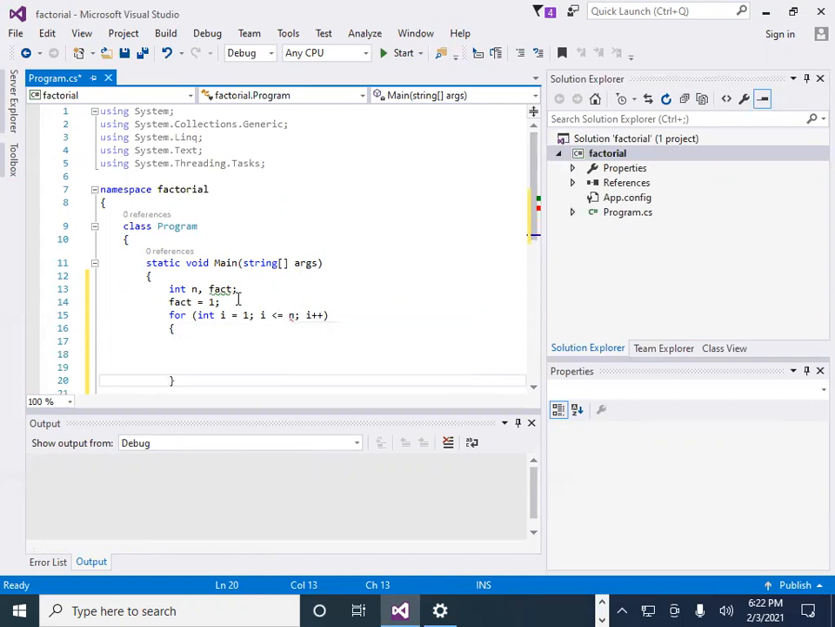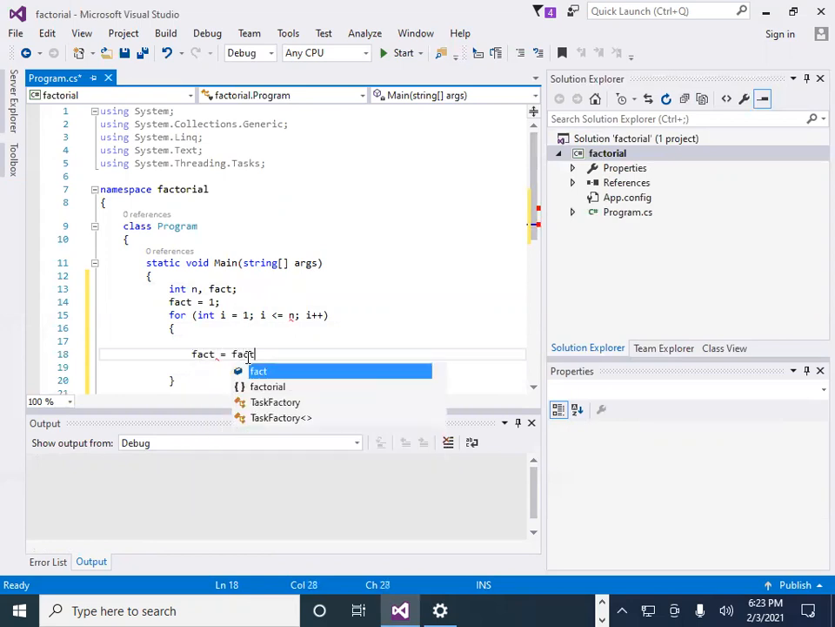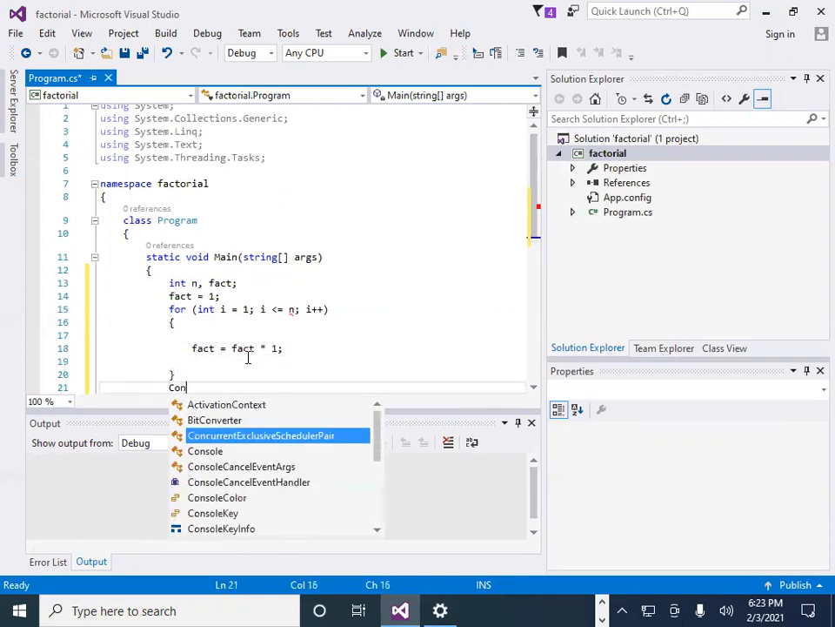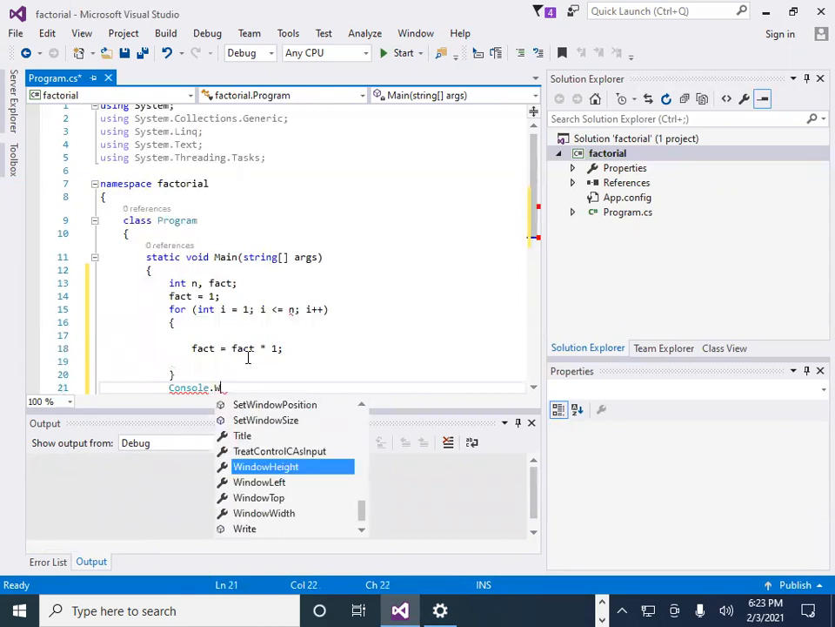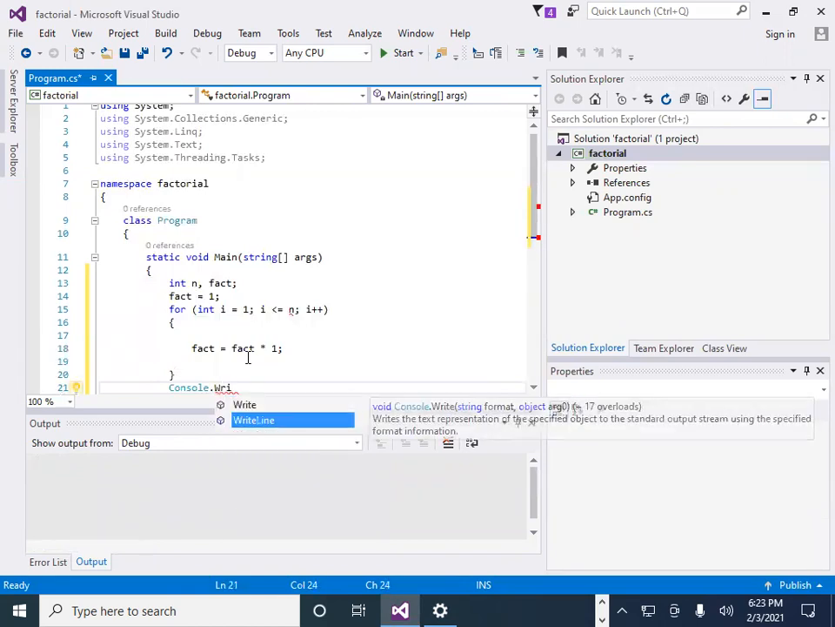Unassign local variable. So here first we do that fact is equal to fact into I. So it will multiply and store in a variable fact. And after that we print the result. So here we print the result, console dot write line,